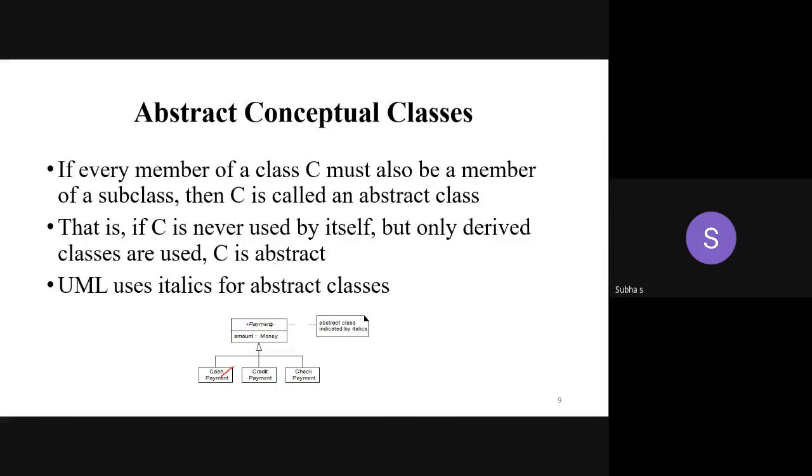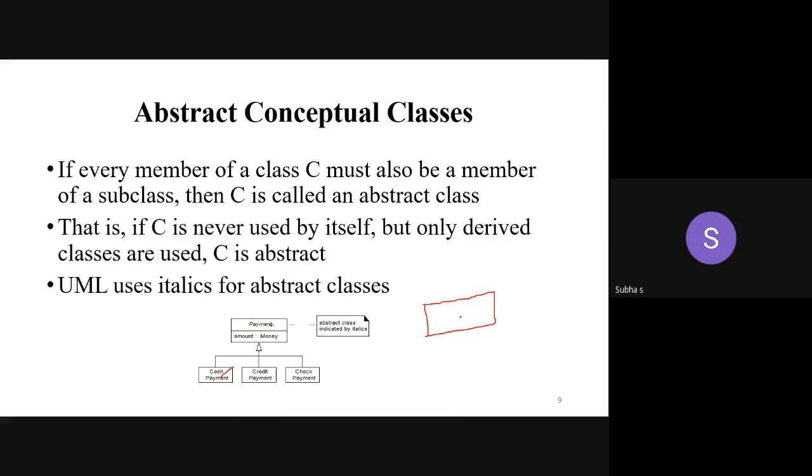Always you have to denote the abstract class in italics. Just writing the class name, if you are mentioning that name in italics, then it denotes the abstract class. As said earlier, all the notations are very, very important. Each and every symbol gives a very large meaning. I used one symbol called slash in the last session. The slash symbol denotes what? Derived attribute. Yes. Before that attribute, you have to mention that slash symbol.